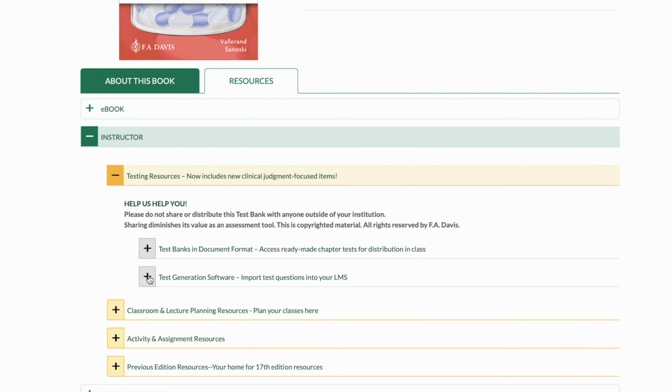So if we scroll down here, you can see we've got options for importing content to different LMSs, and we're going to be importing test bank files into Moodle. So I'm going to click here, and that's going to download the files into my downloads folder on my Mac or PC. So you can see I've got this MBZ file, which we can import into Moodle using the course